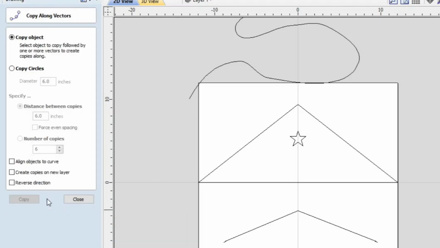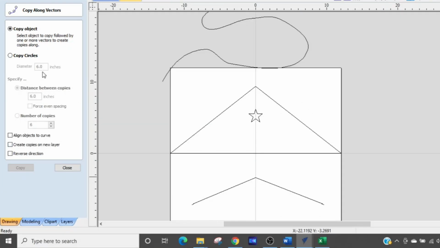So we're going to click that, and you've got several different selections in here too. The first one is copy object. The next one, copy circles. And then we have specify, and it's distance between copies, number of copies, align objects to curve, create copies on new layer, and then reverse direction. So we're going to kind of run through all these things, and we're going to start by just explaining what